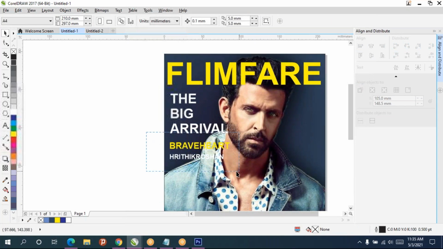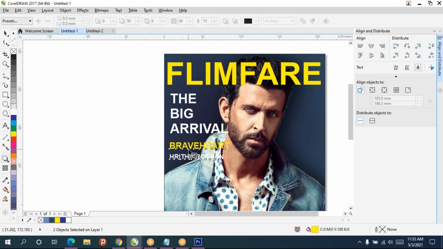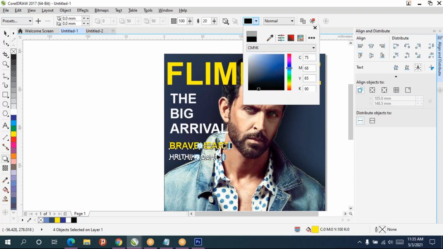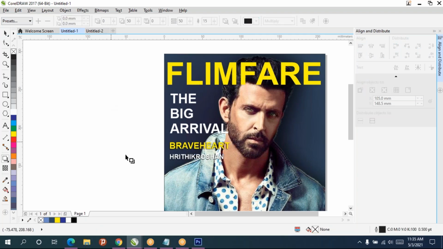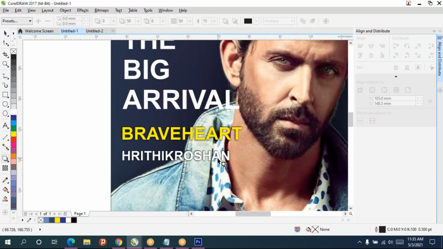If the text is not visible, you can give a drop shadow for that. I'll give a smart glow. The color will be black. Now the text will be visible.